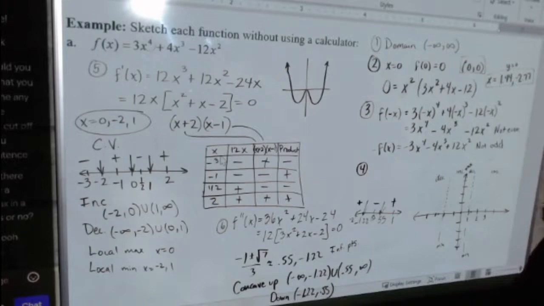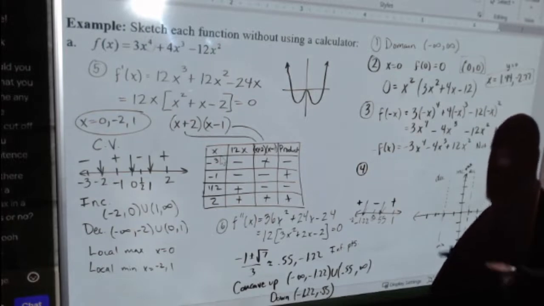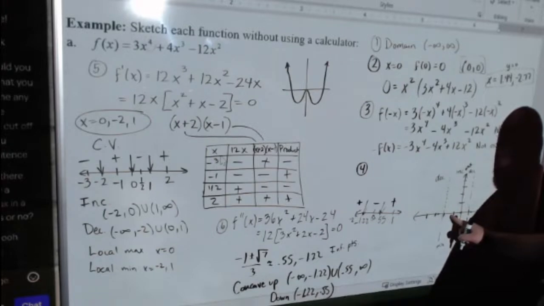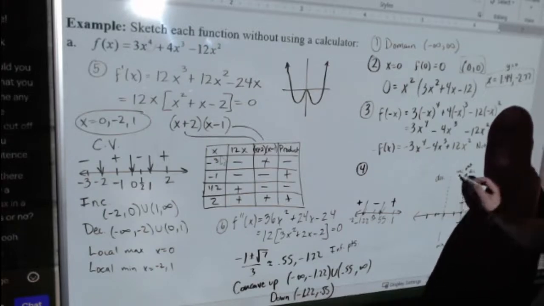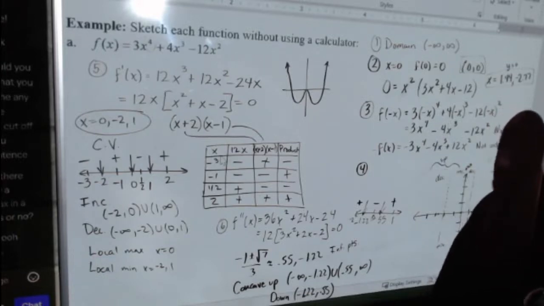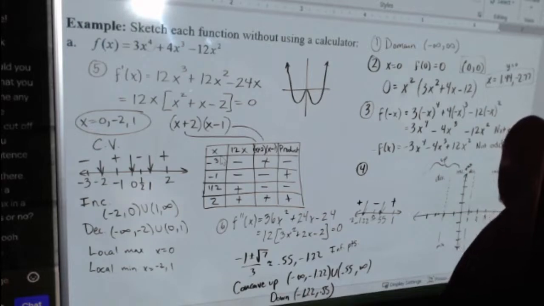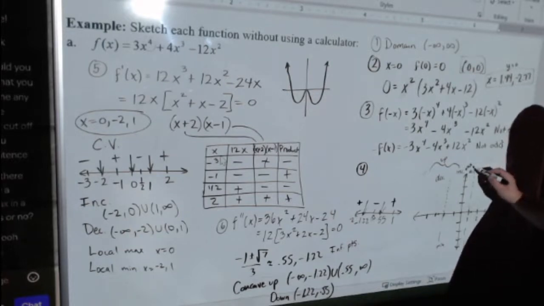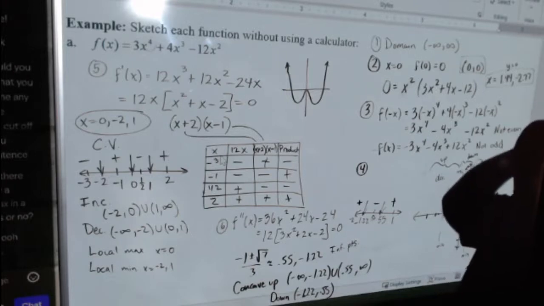And concave up from -infinity to -1.22. So it's got to be up over that region. And also from somewhere in here on. And then everything in between has to be down. Alright, so